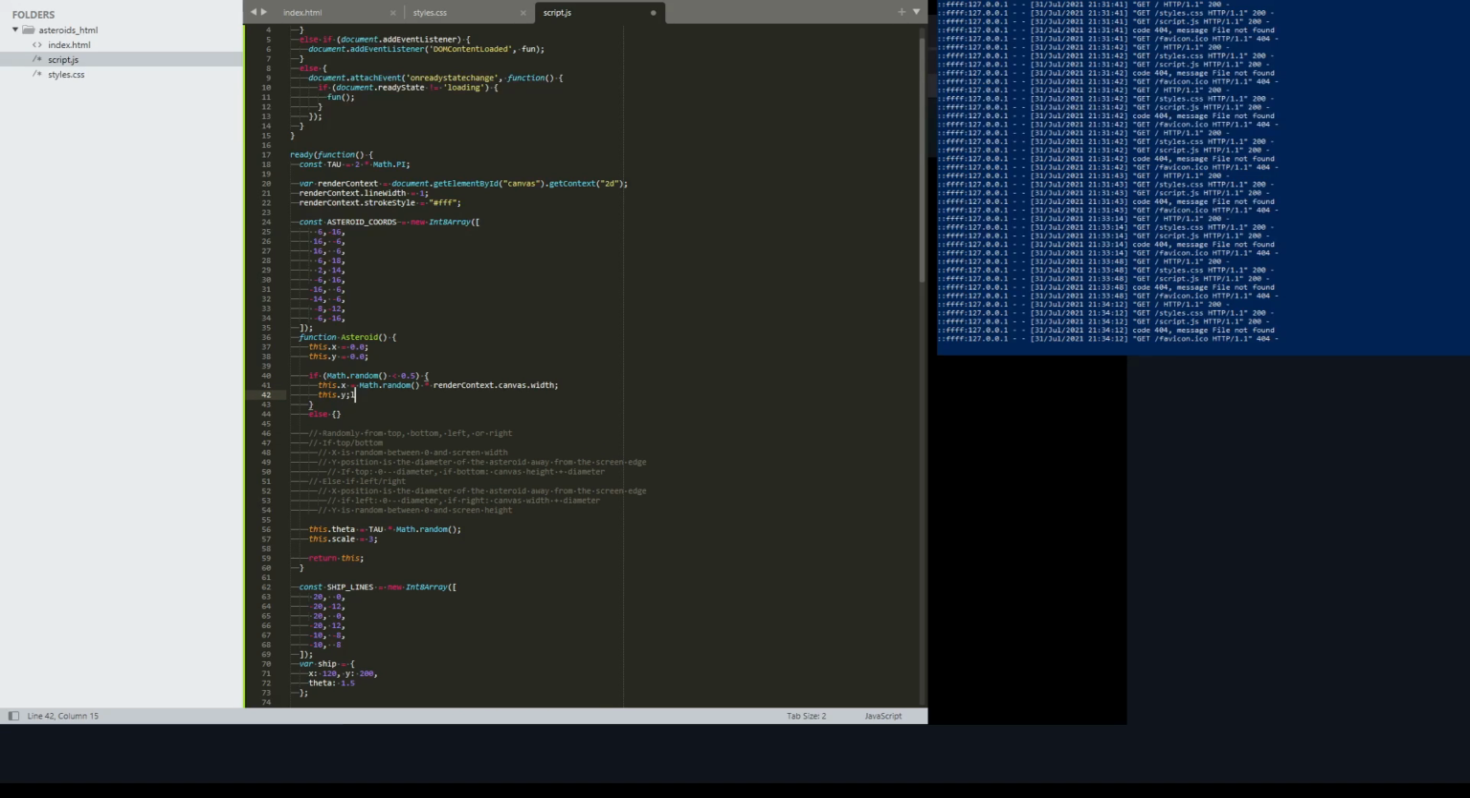So before I get ahead of myself, Math.random, we're multiplying it by the canvas width. Simple. That's all we're doing, is saying, hey, give us a number in a range of 0 to almost 1.0. Multiply that by the canvas width, give us our random x position. Y needs to be